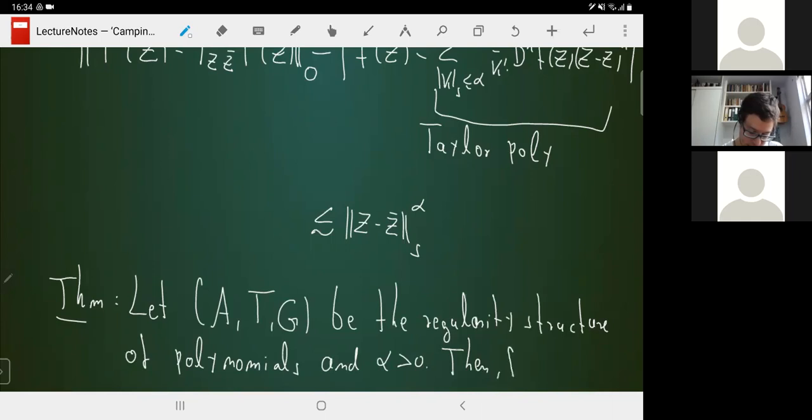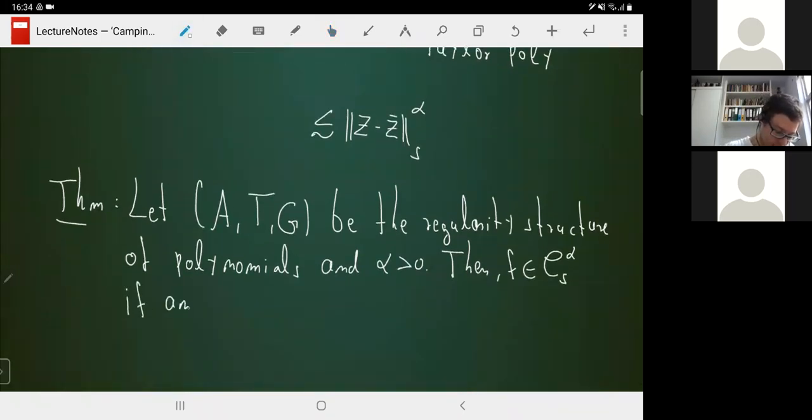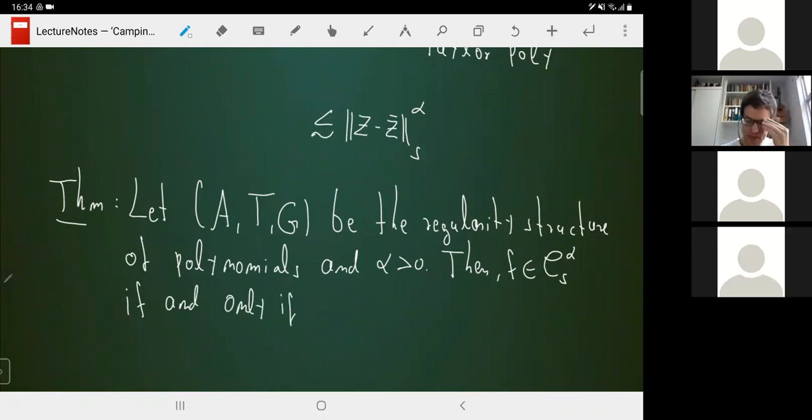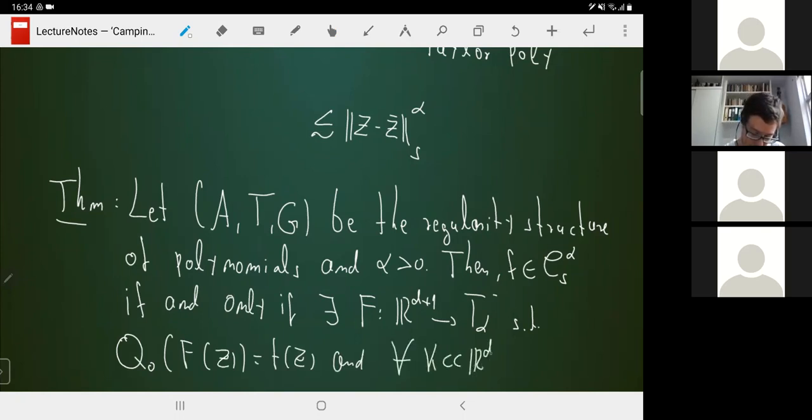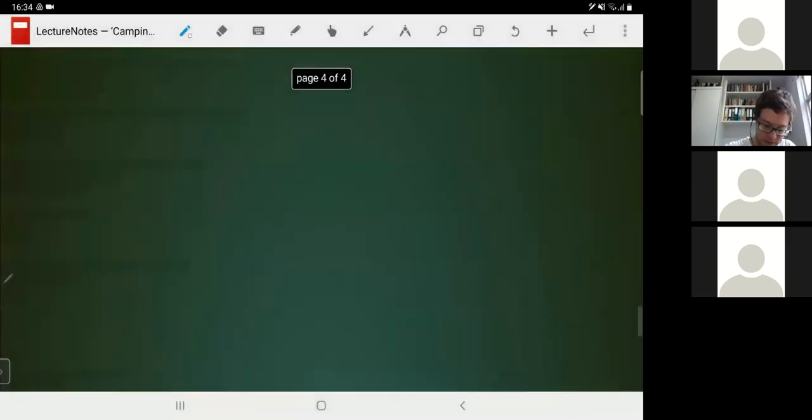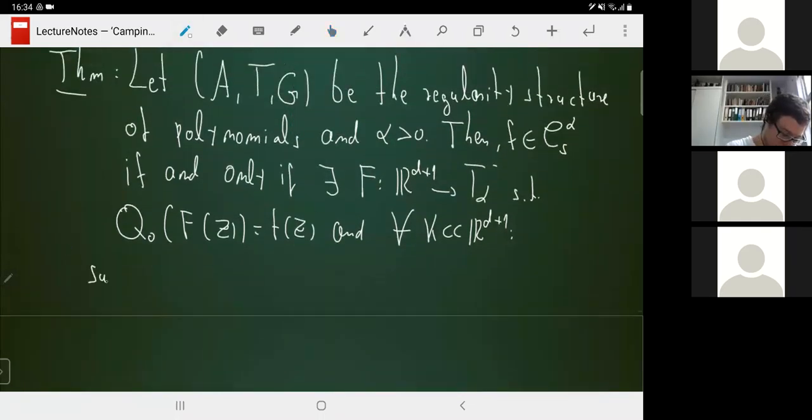Then f is a C alpha function if and only if there exists a function capital F mapping R^(d+1) into T_alpha minus, such that the zeroth order component of F of z is little f of z, and for all compact subsets K of R^(d+1), the following expression is finite: the supremum of all z in K. We now look at the